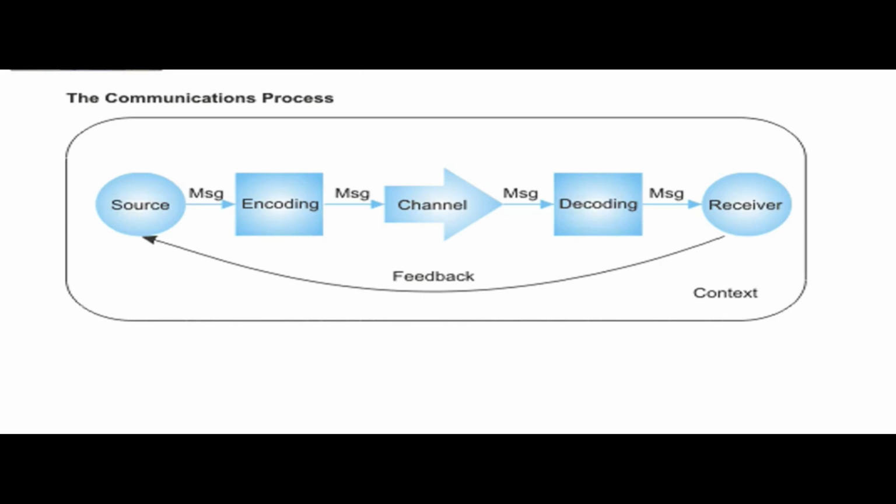Now, the feedback need not always be in the form of a report or a message. Feedback means, suppose your intention is to tell somebody to do a job, and if that person, after receiving your message, does that action or that job, that means your feedback is positive. That means he has understood your message and acted according to your requirement. Okay, so this diagram, in a very succinct way, indicates how the communication process takes place